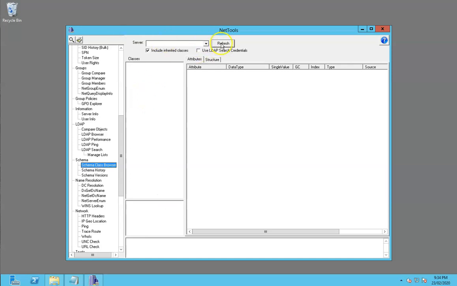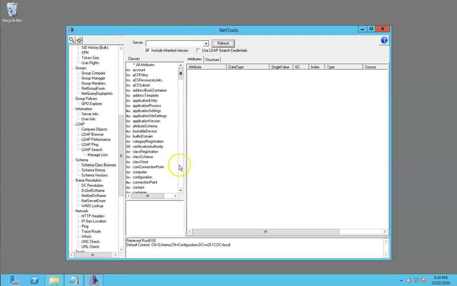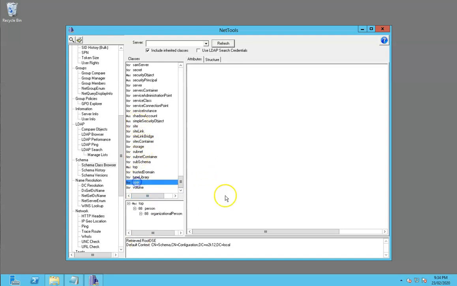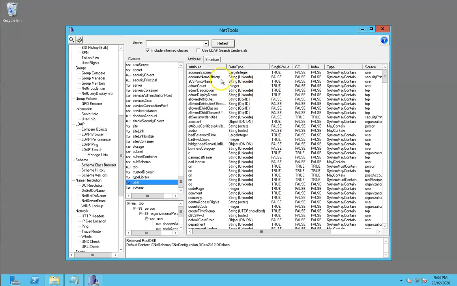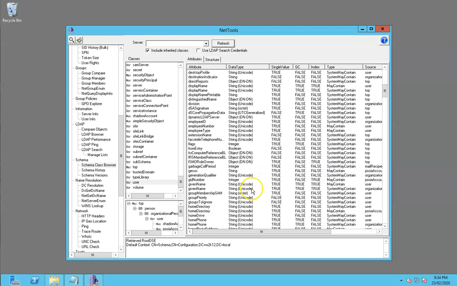So as before, we don't really need to specify the server name if we're already part of the domain, so we click refresh and it's downloaded all the classes which are available in the Active Directory. If we select one, let's choose user, then from here we can see all the attributes which are made up of that